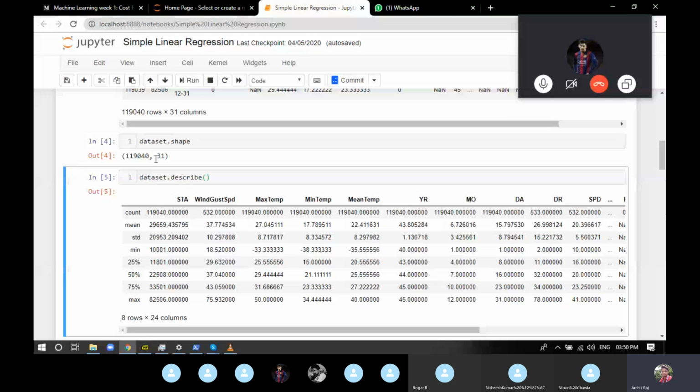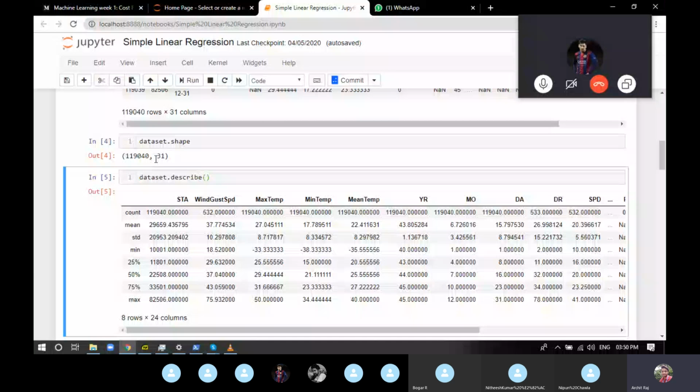Because when you work on a project in real time at a company, they're not going to tell you which particular machine learning model you have to apply. They'll give you the dataset and you have to find out which will be the best one. So you have to look through the data and see what exactly it can be applied to.